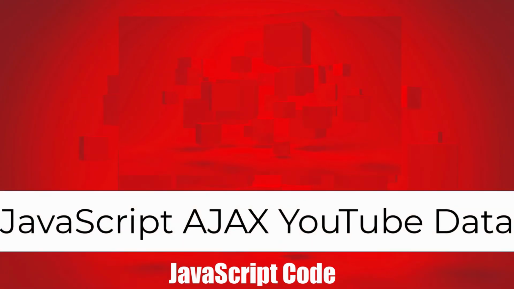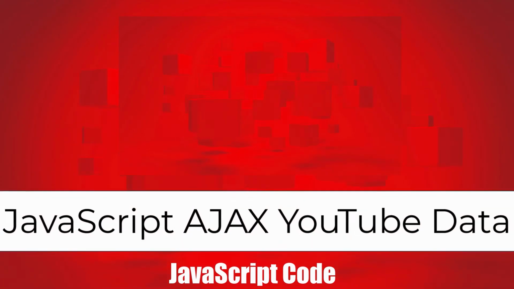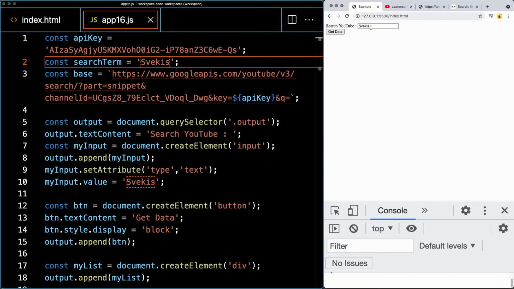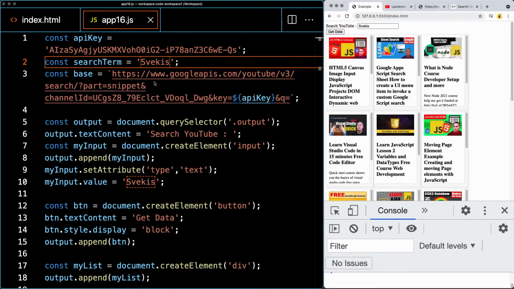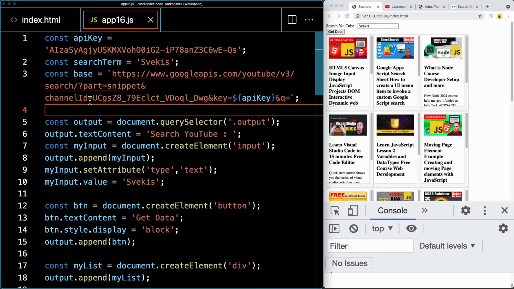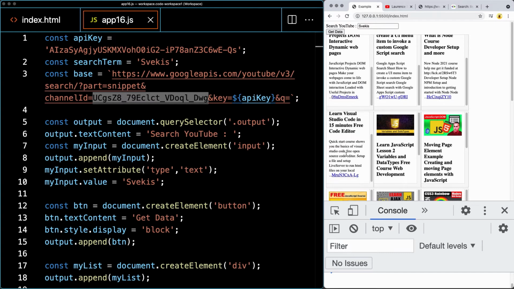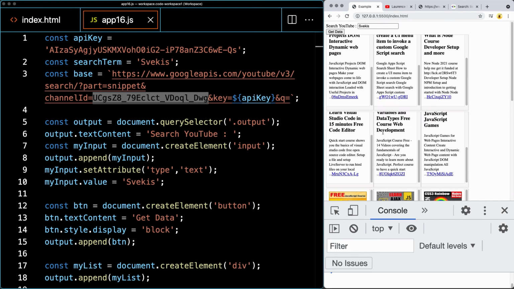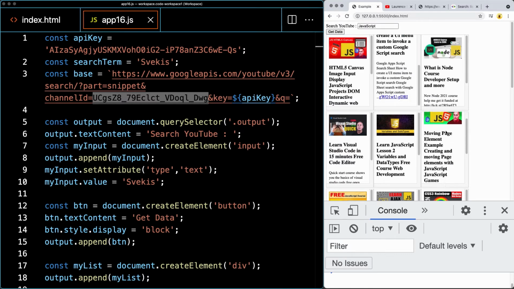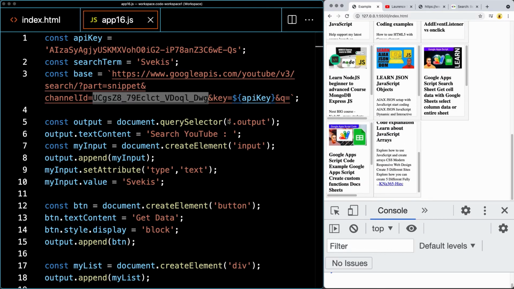We're going to be finalizing our request to the YouTube API within this lesson. So adding in an input field, whatever term we're searching within the input field, we're going to search to a particular channel. So I've added in the parameter for the channel ID, and this is actually going to be my YouTube channel. So it allows me to search and retrieve back results that are matching the query within the YouTube channel. So if we had JavaScript, we would search that channel and return back all of the results to a